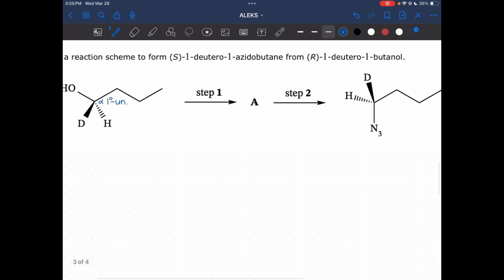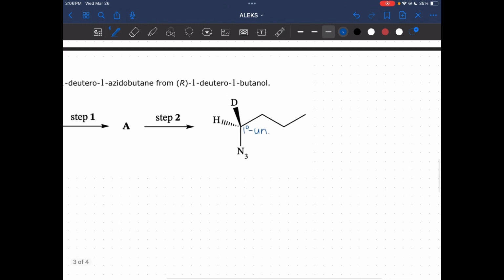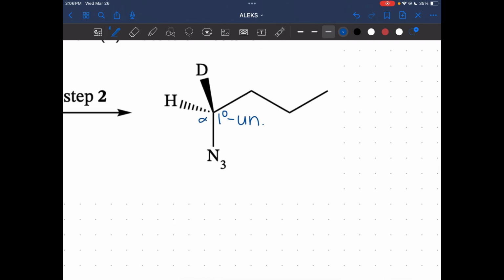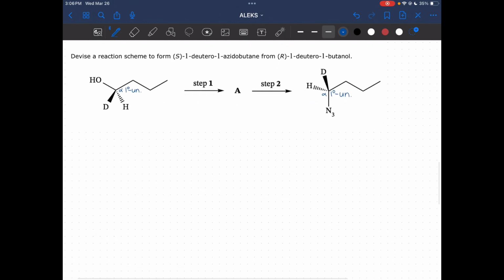So now that we have that done, I'm also going to look here really quick. And it looks like our alpha carbon, this new nucleophile that we'll end up dealing with later, is also at that same first carbon here. It's still primary, still unhindered. So that's just something we could look at to start with, just identifying the things we know. Even if they won't end up helping us, it's just good to list everything out to see how it all connects together. So now that I have done that,